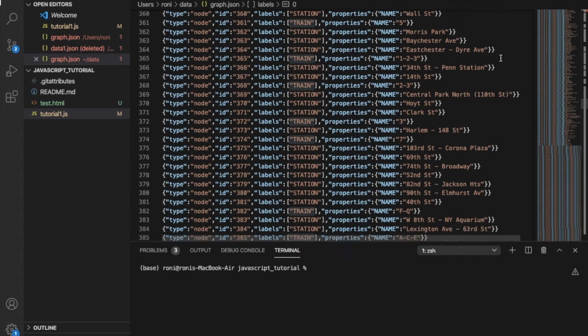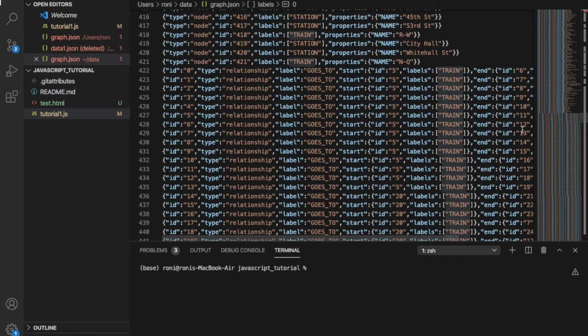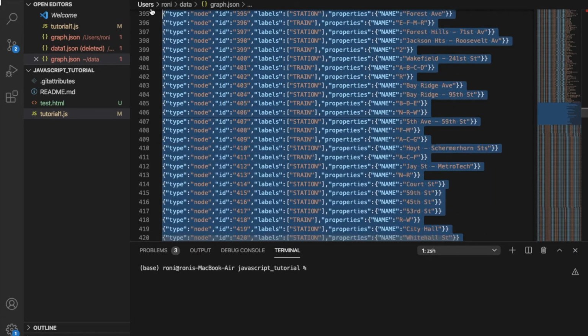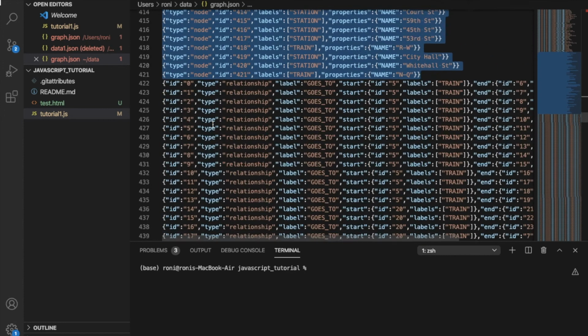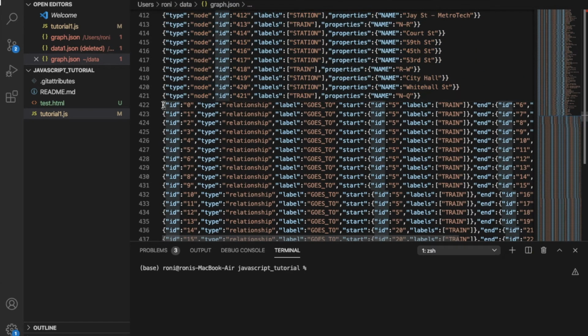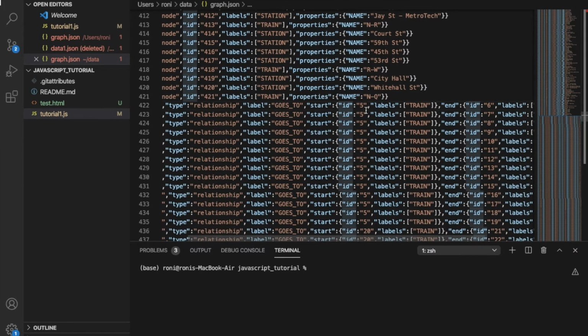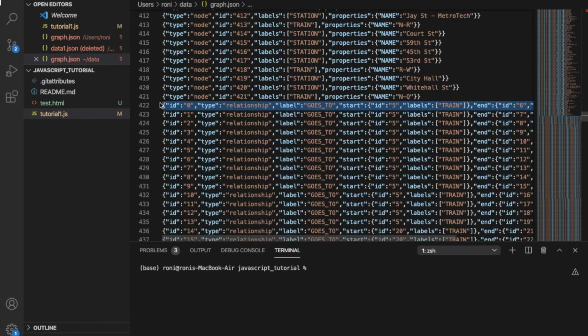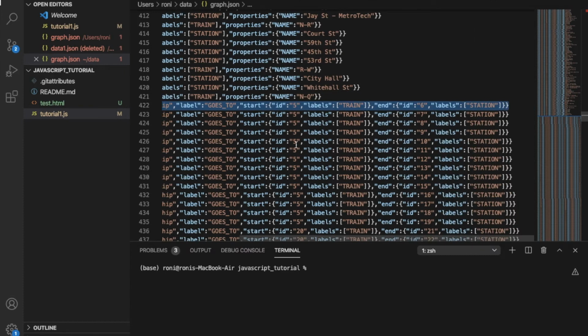Let me just, if you see here, we have this thing. These are actually nodes, and nodes are separate until this point, and after that, nodes and relationships come together. If you check this, id 0, type relationship, and like this it goes to start id, label train, and id 6, label 10. This is the way it's actually coming, right? Like this. Okay,